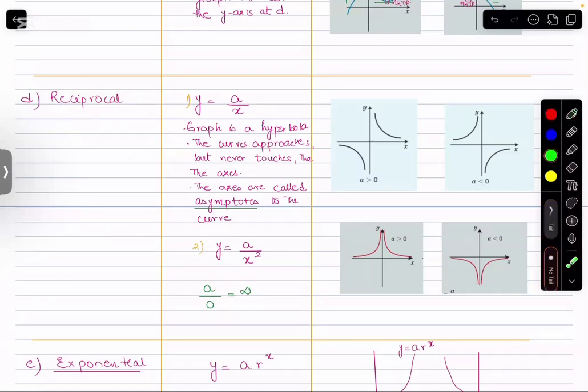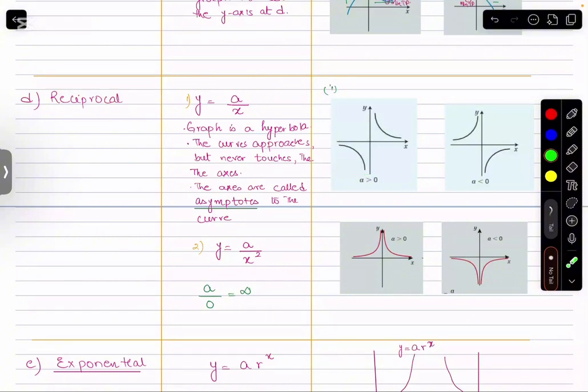For that, you must say that again, it's the coefficient which is a. If a is greater than 0, here I have the graph which is y equals a by x. I'm considering the first case here. What I can tell is if this is greater than 0, then the graph is asymptotic towards both the axes. It's never going to touch the axes on any side, but it gets close to the axes, and the axes are called the asymptotes here. The graph is then going to be in the first quadrant and then in the third quadrant.